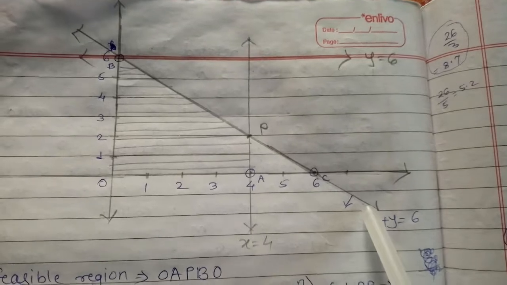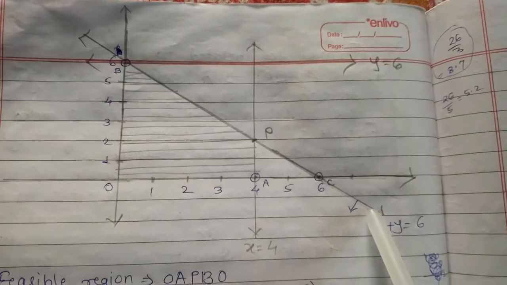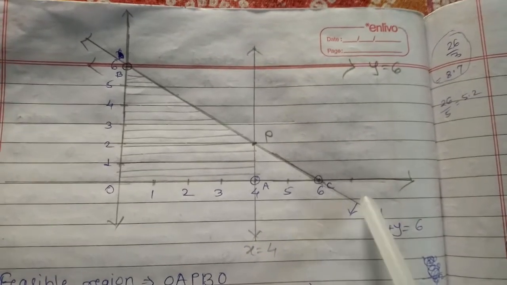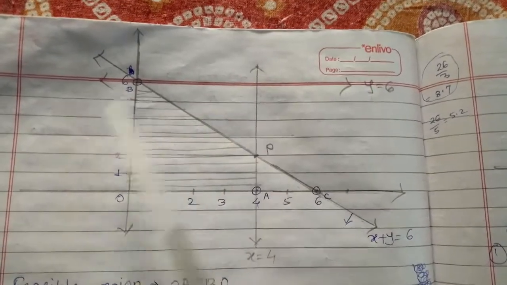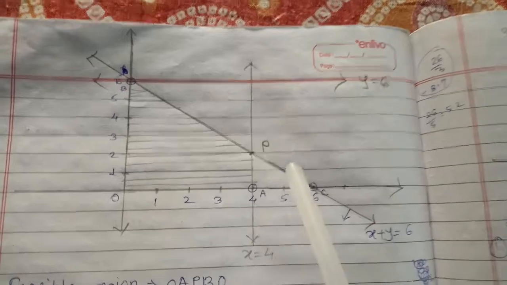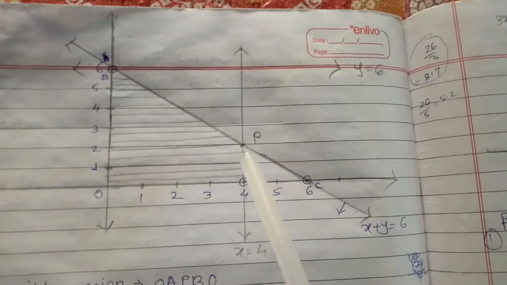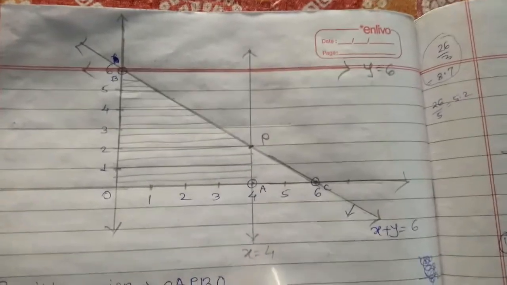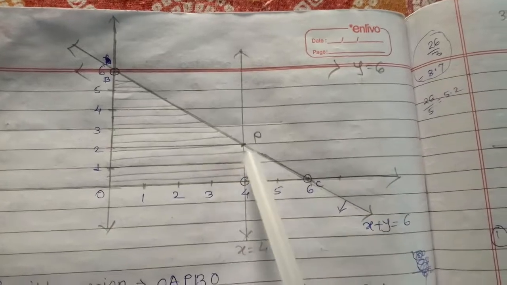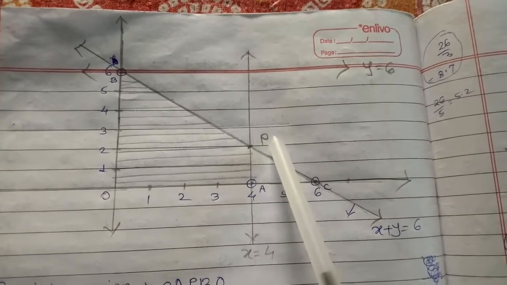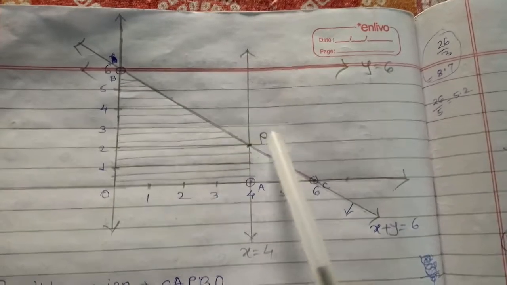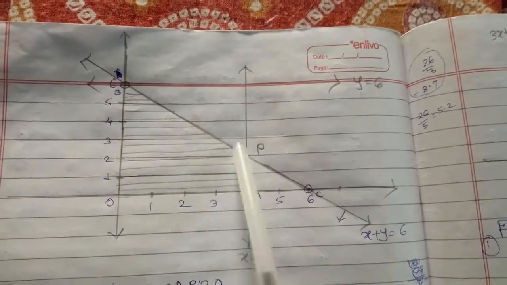Now for this line we have to draw the arrows on the origin side. So for this line, that is BC, the origin side is this side. And here see the point of intersection of these two lines, that is x is equals to 4 and x plus y is equals to 6, intersect at this point. So there is a point P, we gave it the name. So here we have to draw the arrows like this one.